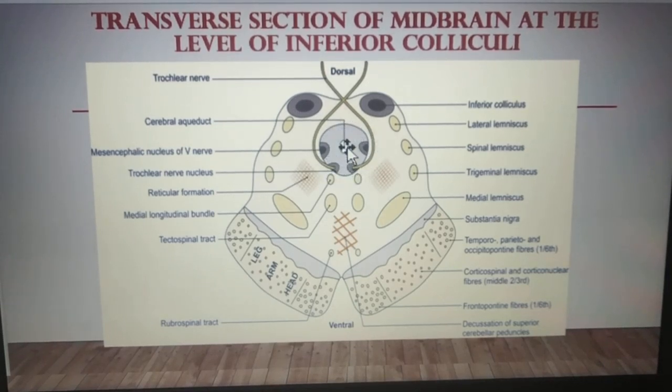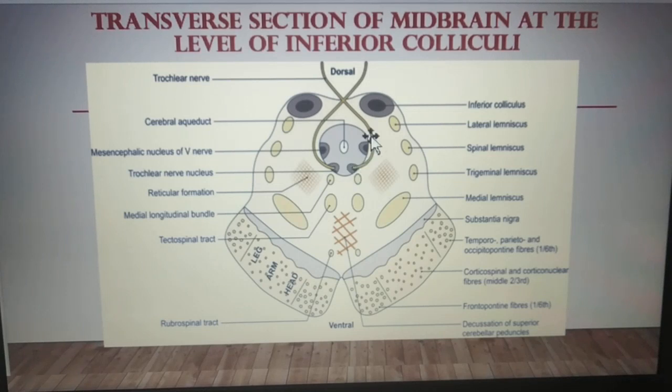The central part is going to be the cerebral aqueduct of Sylvius, and the region around it will be the periaqueductal grey matter, which consists of the nucleus of trochlear nerve. See, nucleus of trochlear nerve. It lies in the ventral part of the grey matter. The fibers arising in the nucleus have an unusual course. We have already told about the trochlear nerve, because all the cranial nerves emerge at the ventral surface. Only this nerve emerges at the dorsal surface.